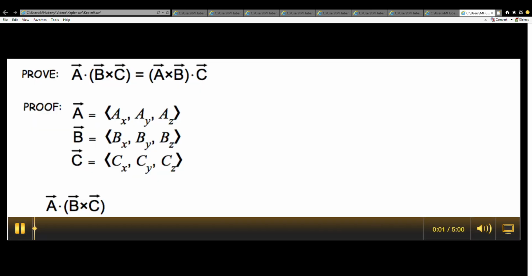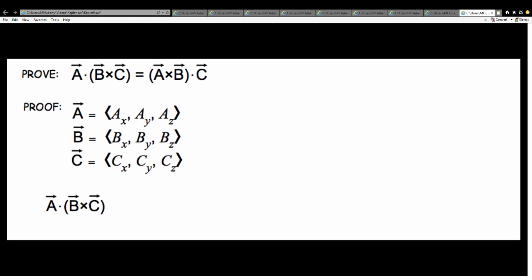All right, we need to take a little aside to prove a particular vector property here: that, in general, vector A dot cross product of vectors B and C is the same as A cross B dotted with C, okay? And in this proof, I'm going to break out vectors A, B, and C into these components with the subscripts X, Y, and Z. So I'll start with this left side here, A dot B cross C, and